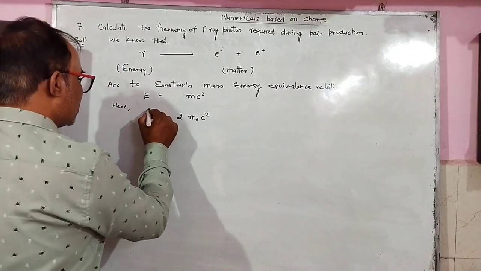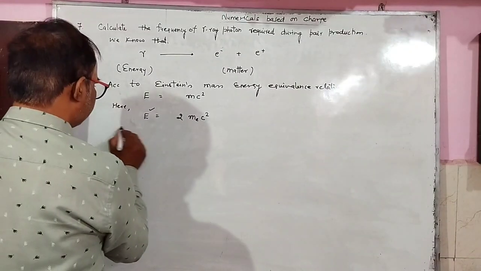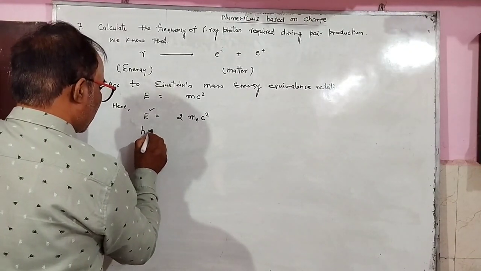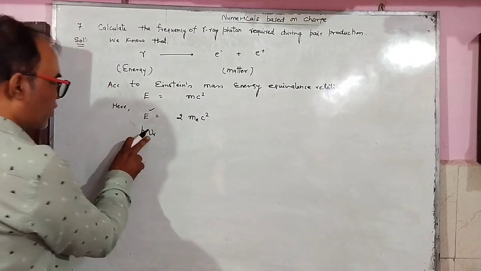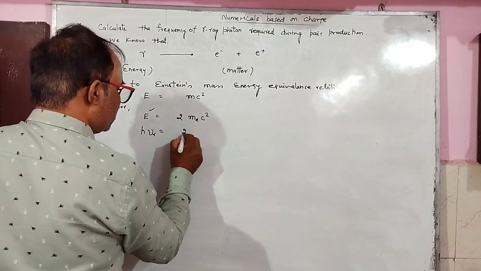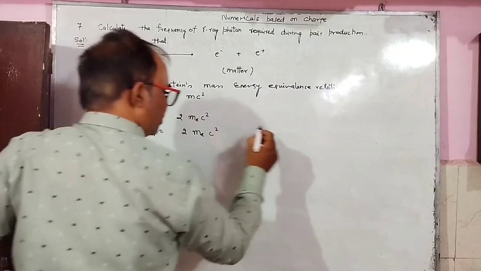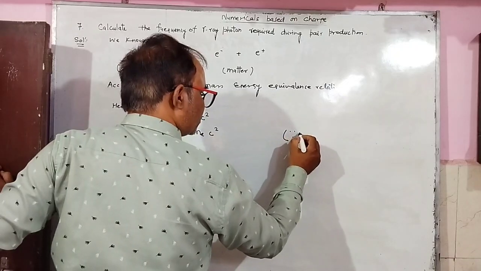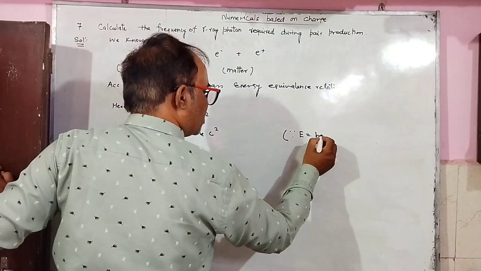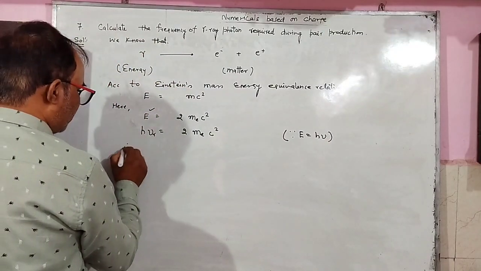Now since energy of gamma ray is given by h nu for the frequency, and this symbol is for the gamma, according to quantum physics, E equal to h nu. So therefore we have